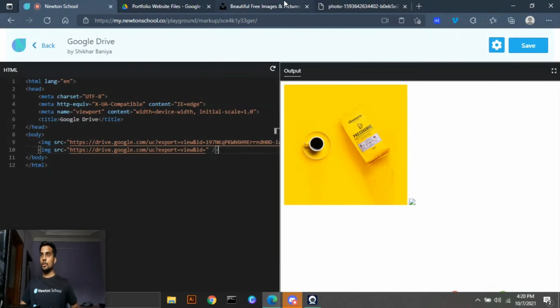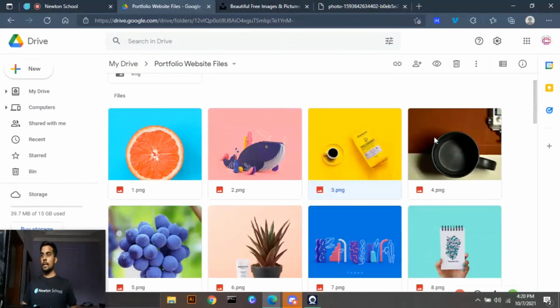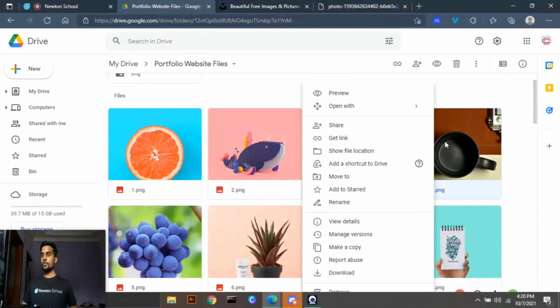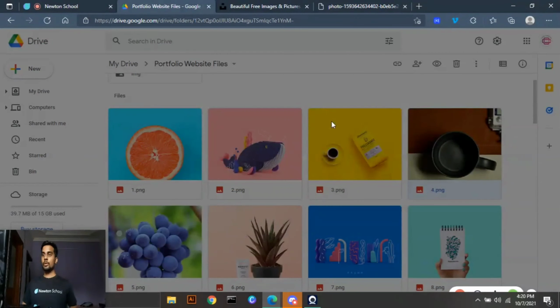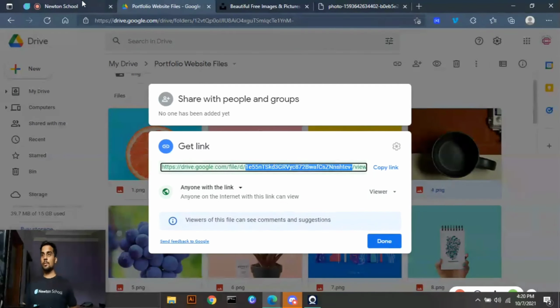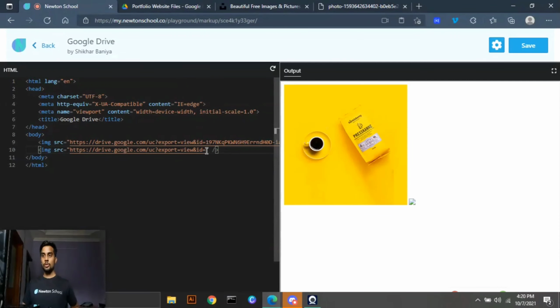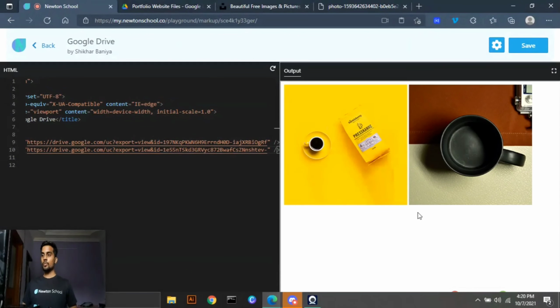Okay, so let's go to our Drive and let's get the link of this image. Get link. It will generate a unique link for that, but exactly the unique thing is our code which is available between the d part and the view part. Okay, copy this, go to your web page, paste it. Now we got to see the second image as well.